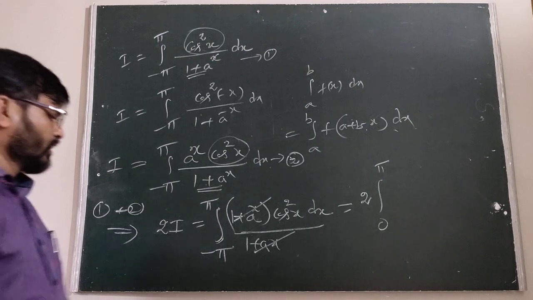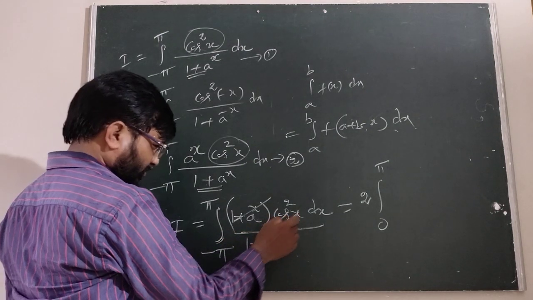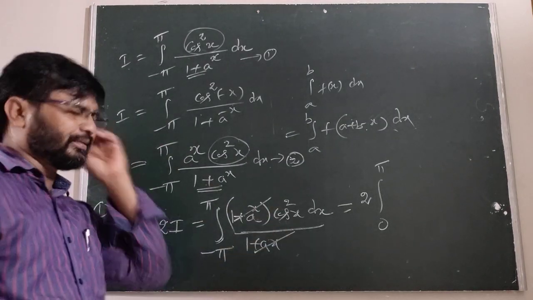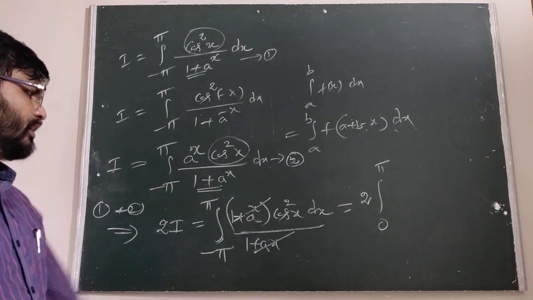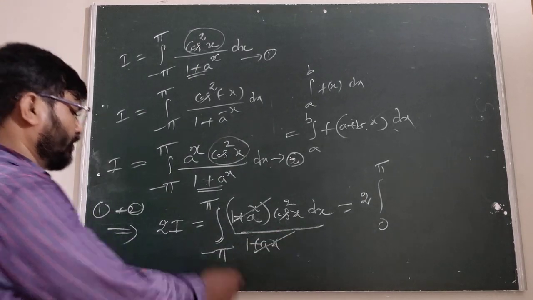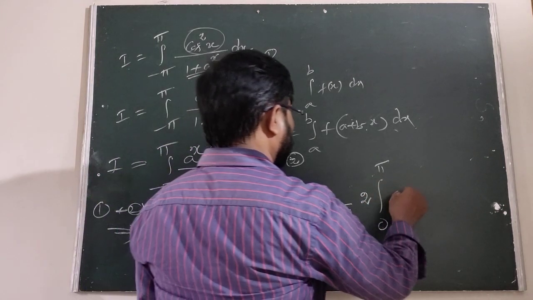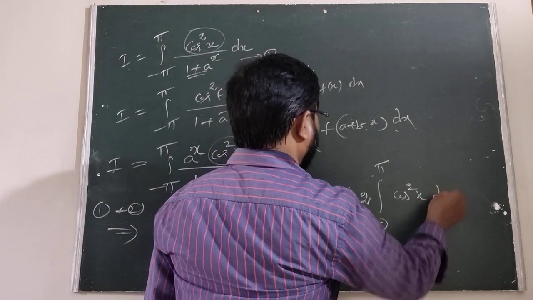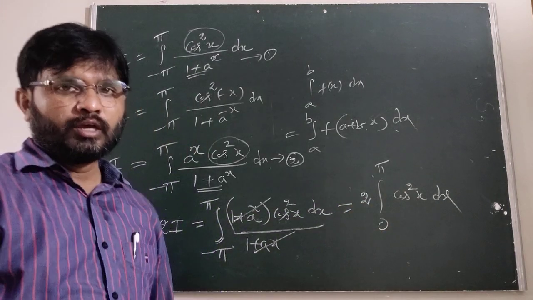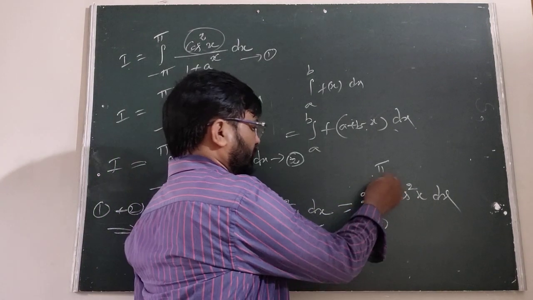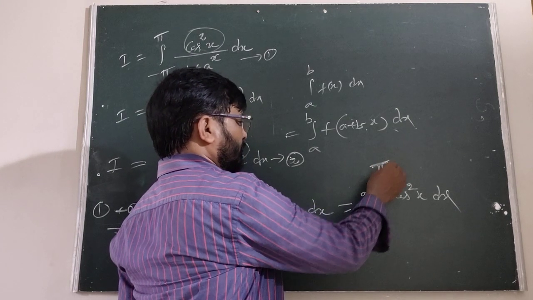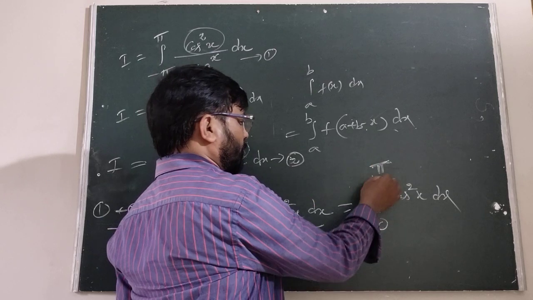How to write this? This is the even function. Therefore, when it is an even function, all of you listen here. This is the even function. Therefore, we can write the integral 0 to pi cos square of x dx. After that, we can write the property, which is called the King property, the integral 0 to a.